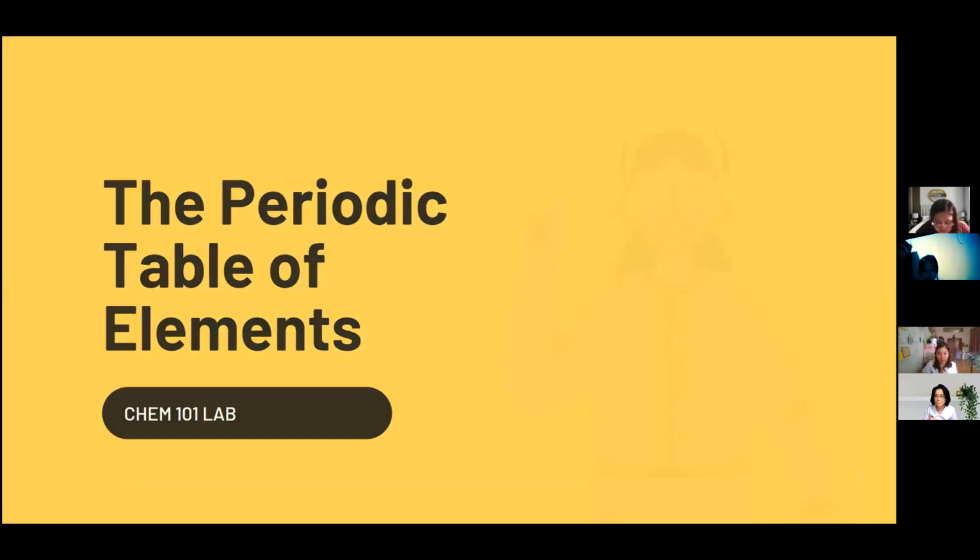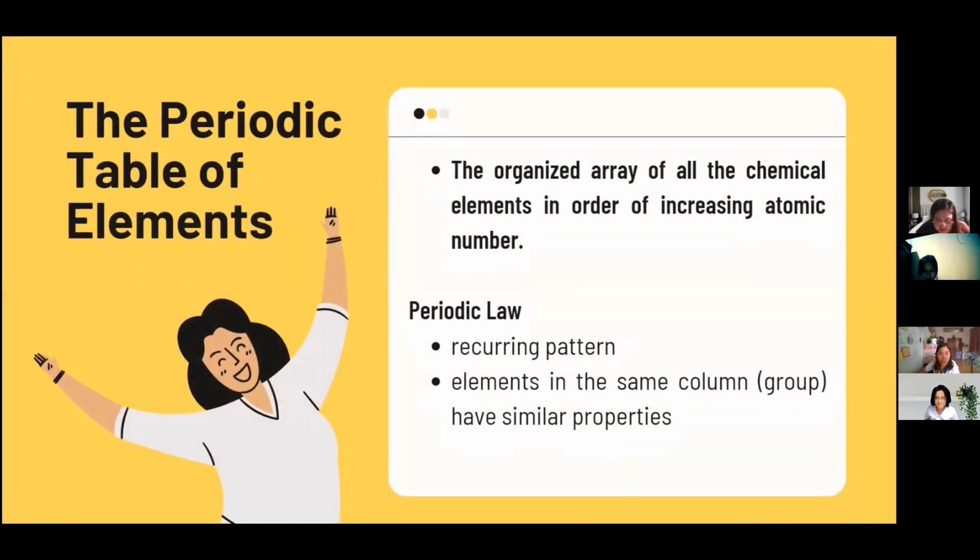Next slide po. Okay, so we already know that element is a pure substance na hindi siya pwede ma-further divide by chemical means, sabi ni Ma'am Risa dati. So, periodic table is basically a table that is created to organize these elements according to their properties, similarity and properties nila, or ang kanilang atomic number. Okay, next.